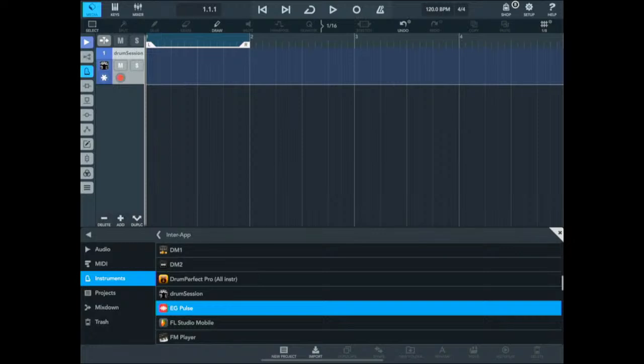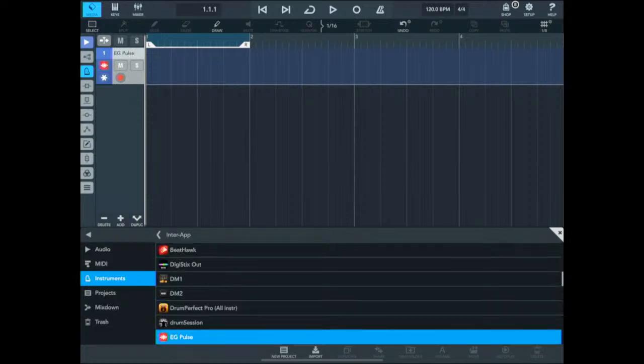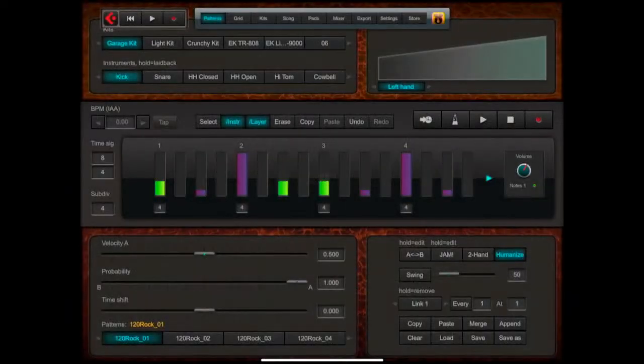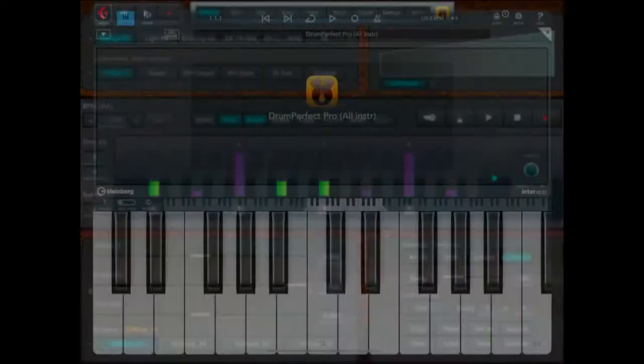Okay, so I've just added. It looks like drum session's actually working. Let's have a look. Will it let me, or have I added EG pulse? Look, it's crashed. I've managed to crash it. Hey, I've got some drums here, so I can put the sound back up. Cool, so we got drums back, and my drum kit's working now, so now we should be able to go back here